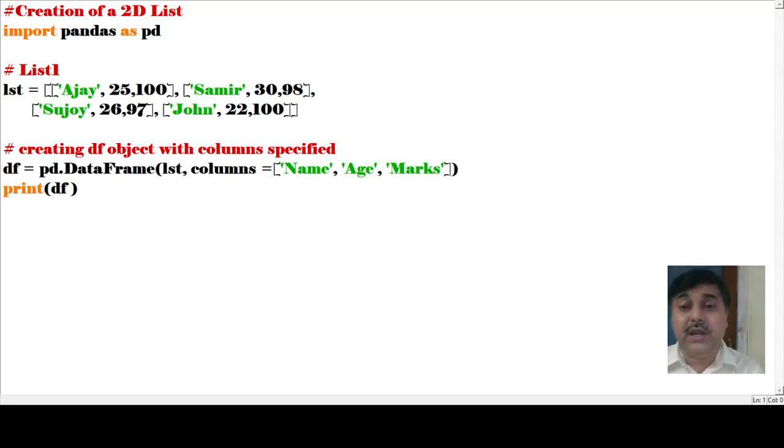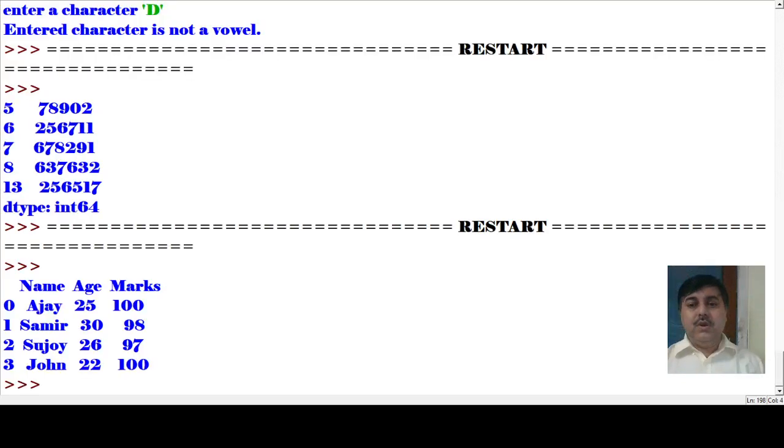So let us see the output of it. Now see the output. In this output you can see the values there, name, age and marks have been given, and based on that the thing will be replicated. This is the way we can frame the two-dimensional array. In this array, the values are implemented as we have specified them.